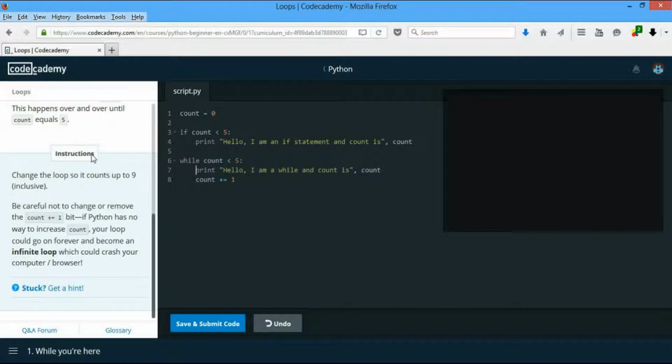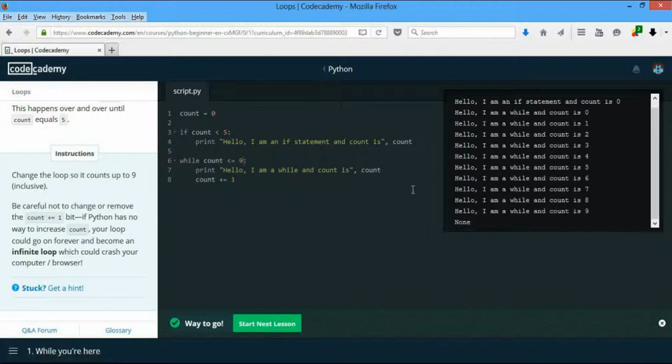So let's see what the first task requires us to do. Change the loop so it counts up to 9 inclusive. There are two ways in which you can do this. You can either do while count is smaller than 10, print hello I am a while and count is whatever it is, or you can do while count is smaller than or equal to 9. Either way would work. So if we save and submit, as we can see, the if statement